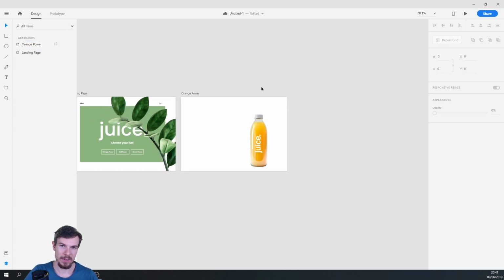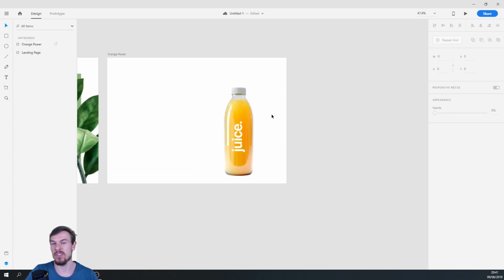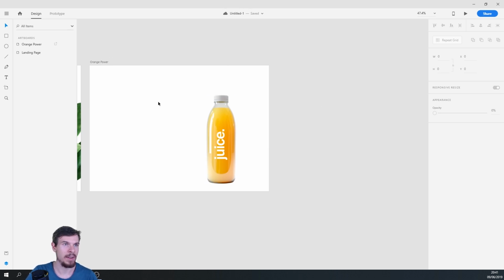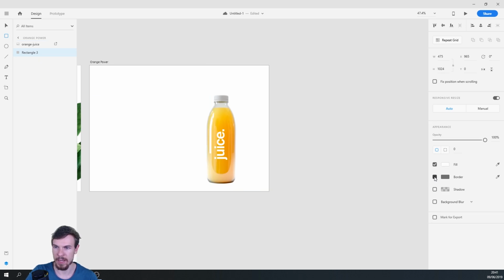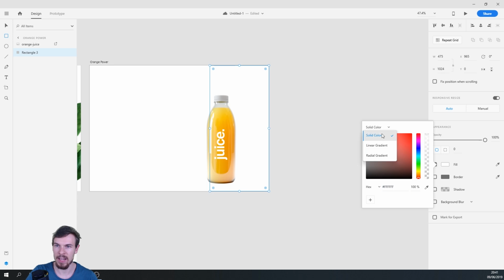So what we can do is we can mess around with shapes if we want. We can drag a circle on top, we can do a rectangle, whatever we prefer. For this one, let's just drag out a rectangle. So I'll just drag it out like so, and I'll bring this down below. Okay, and what I'm gonna do is get rid of the border, and for the fill, I'll actually do a